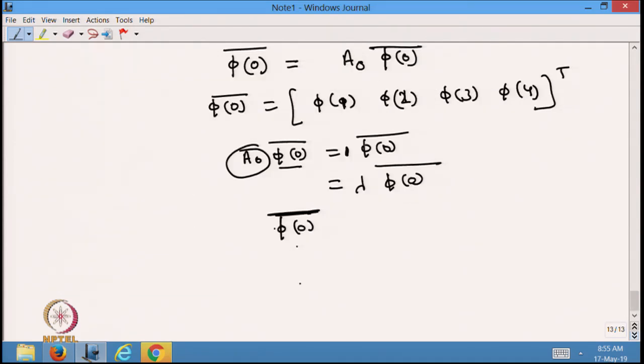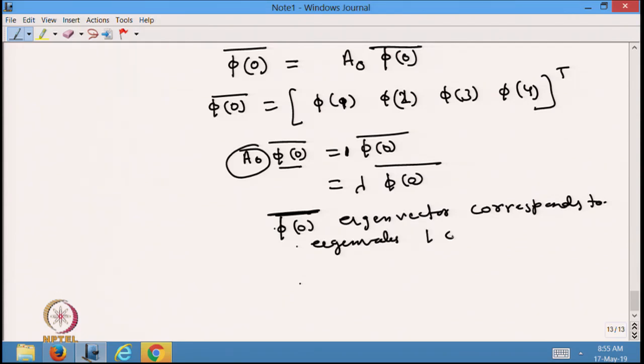So phi naught is an eigenvector corresponding to eigenvalue 1 of matrix A naught. Phi naught is the eigenvector corresponding to eigenvalue 1 of a matrix. Once you know the value of phi at some integer points,